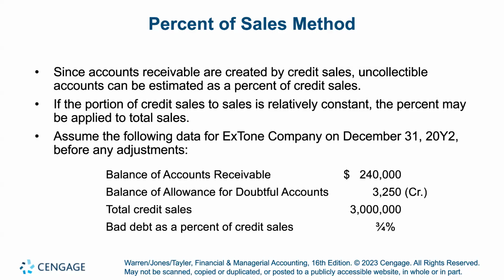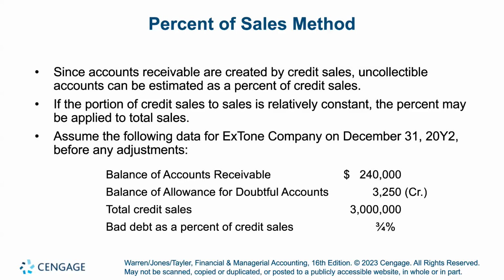Okay. So what we do for the percent of sales method is, honestly, the problem in real life, you just have to decide, right? You get all the people together who are the decision makers and say, here's what past experience tells us. We want to just write off 0.75% at the end of the year. We'll look at what our sales were, multiply that by 0.0075 or 0.75%, and that'll tell us how much to take as an expense for the year for bad debt, and how much to put to that allowance for doubtful accounts. So here's our information.